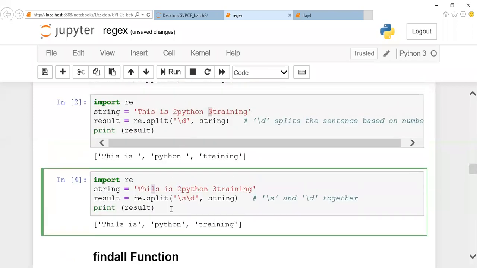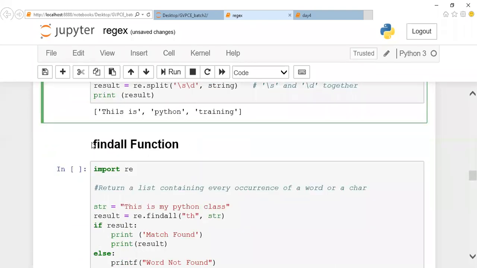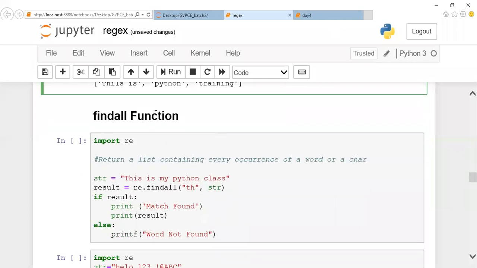More or less, we'll never use the split function, guys. In regular expressions, we'll be using it in the normal string concept itself. But it is better to know what split is and how it is supposed to be used. And next, we'll be using findall often, which is the most important one in programming. Listen carefully.